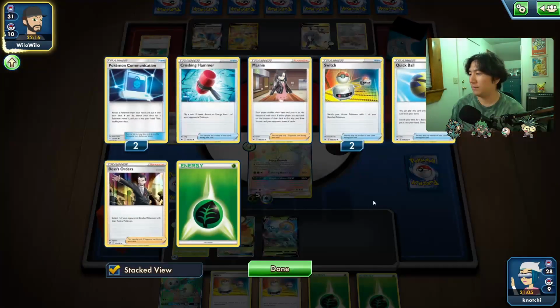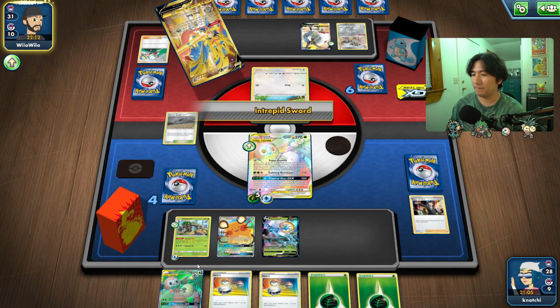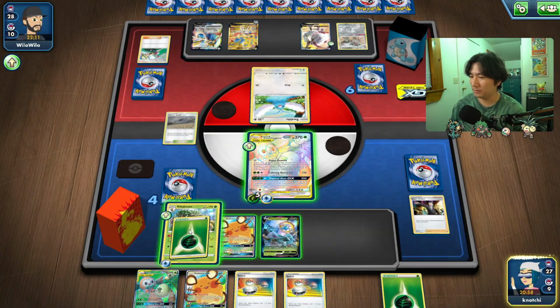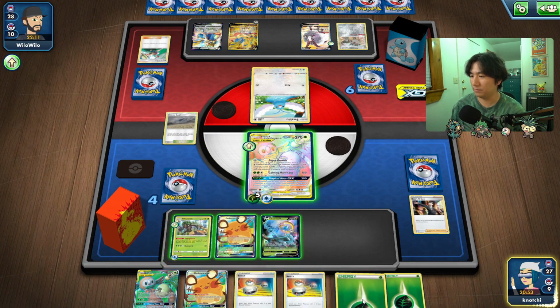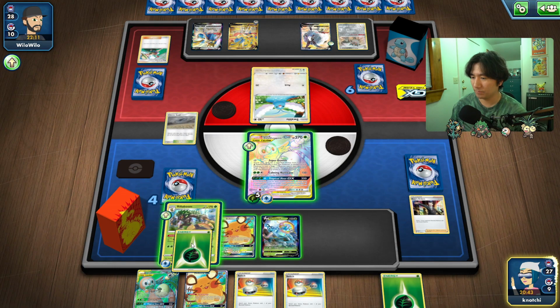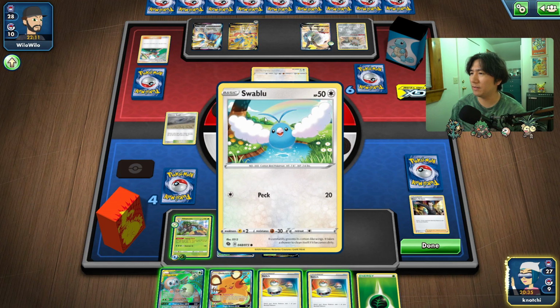Okay, so I think I need to find Brock's Grit ASAP, so I can retreat Brock's Grit. I can also try to attach energy to this Rillaboom, but I don't know. Manually attach? This is not ideal. This is really not ideal. Let's go ahead and at least put another energy on the Rillaboom. That way we're at least set up to use the Voltage Beat. Although, I guess we don't need to do that now that we're getting rid of the...